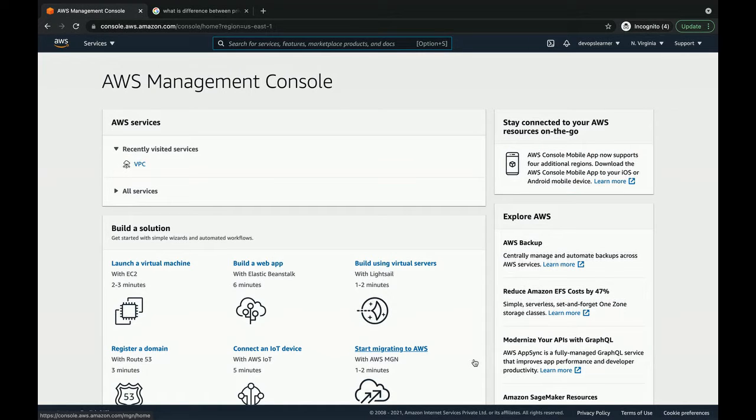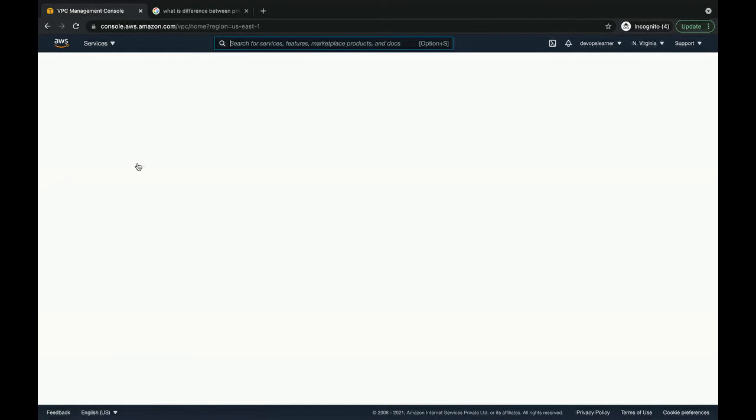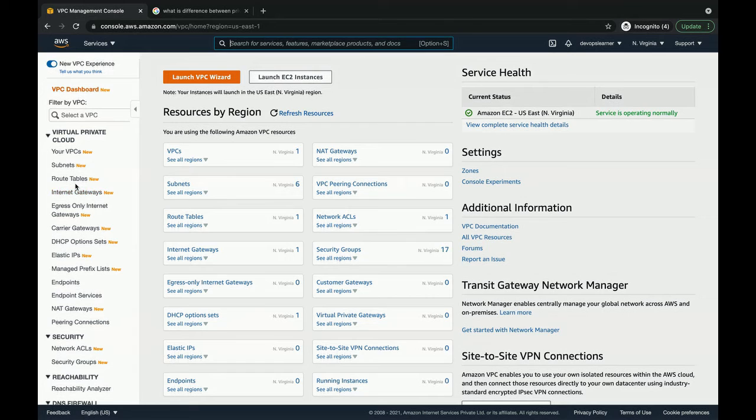You can understand what VPC is about and what all the components included in VPC are. So this is my AWS management console, and I'm going to click on VPC. These first four things are the main components of VPC. One is the entire VPC which we are talking about, the second one is subnet, the third one is route table, and the fourth one is internet gateway. Going forward, I will explain all these things. So let's jump in and directly create a VPC.